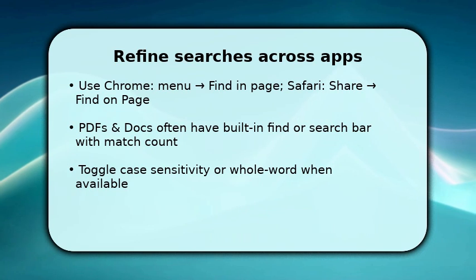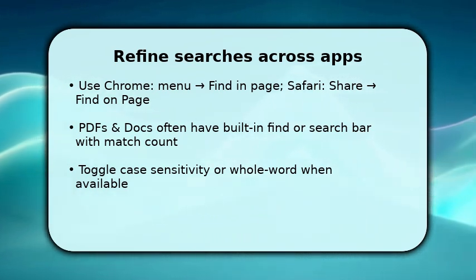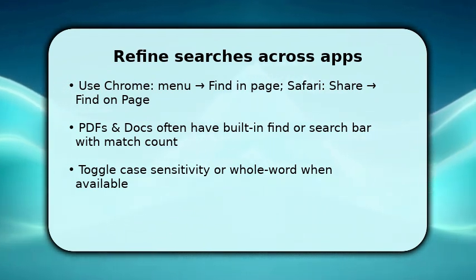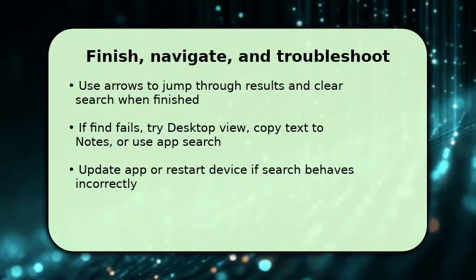Make sure to toggle whole word or case-sensitive options if the app supports them, because that prevents false positives. Once you've refined the query, scan the neighborhood of each match. To finish, use the find arrows to visit each match and clear the search field when done so the page